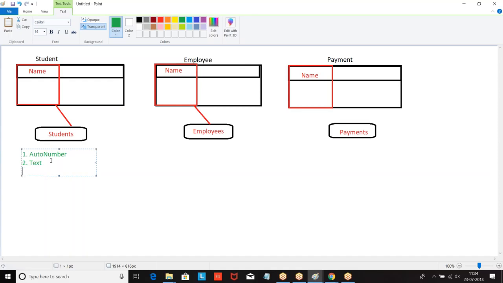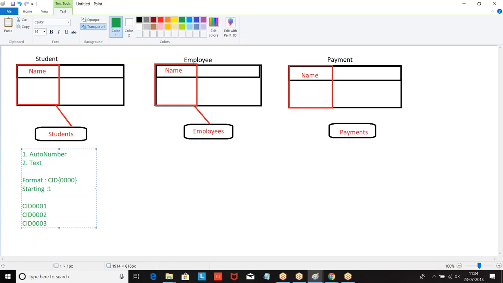Let us take an example. I gave the format CID, where each 0 indicates 1 digit, starting with 1. So when a new record is created, it automatically assigns the number.